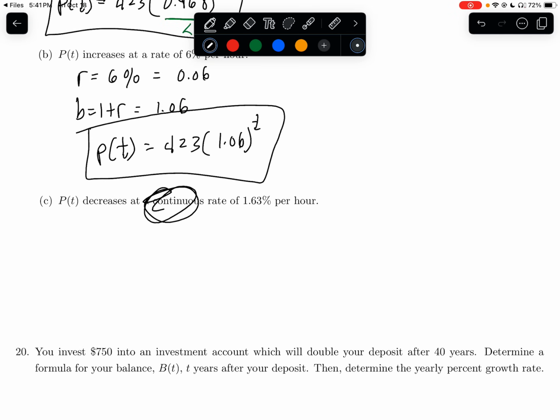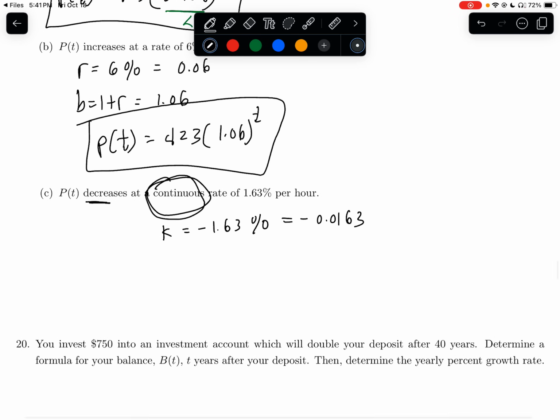So this is important. This says that k, and it's decreasing, so it's negative 1.63%, or negative 0.0163. And the initial value is still 423, and so the function now has to be in base e,